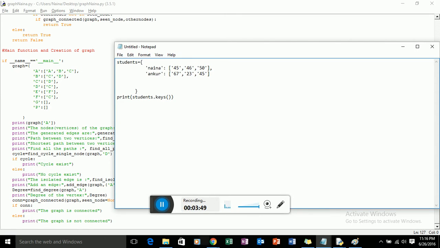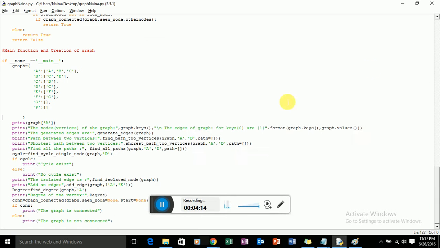This will list out all the keys in my dictionary students. And if I write students dot values, it will give all the values associated with these keys. So this is the concept of a dictionary in Python.